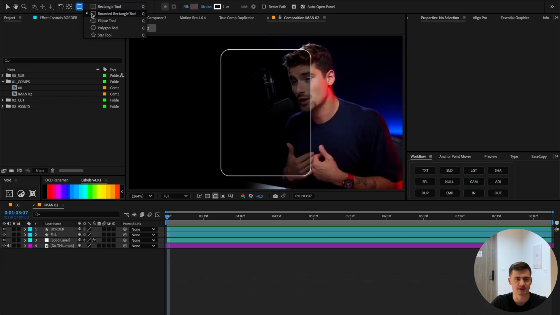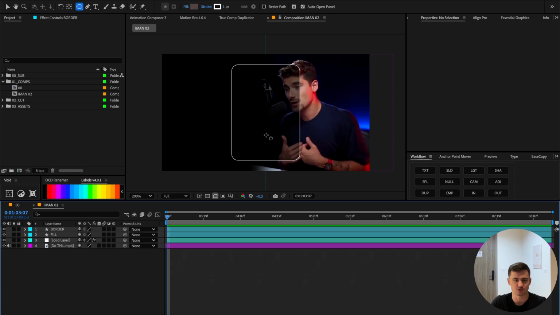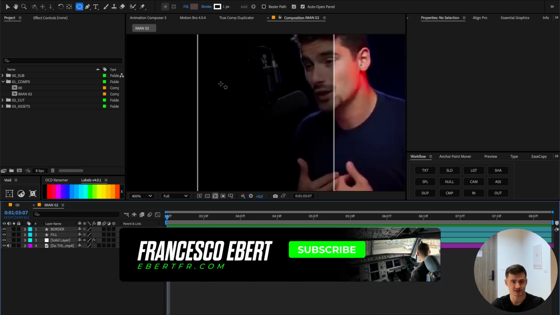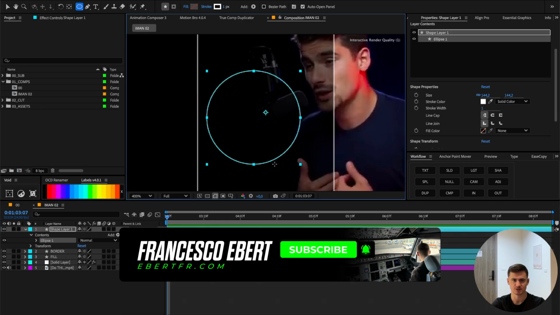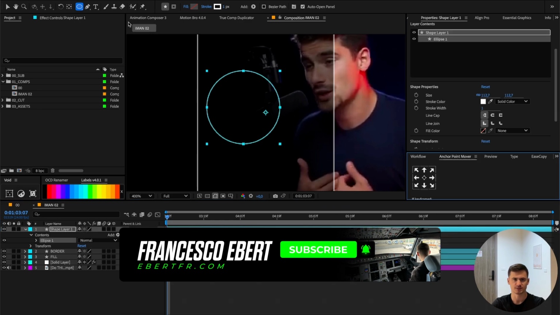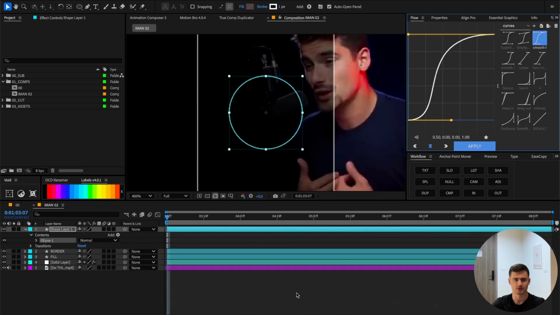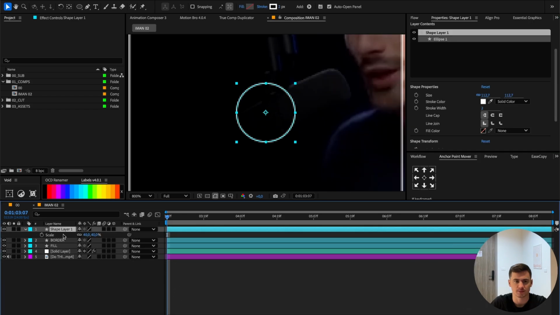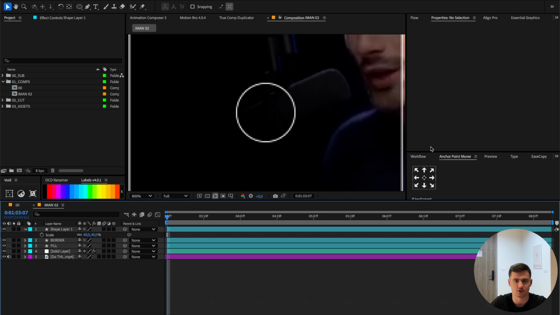The next step is to make a circle. Just go on the top again and select the ellipse tool. Normally when you create a circle like this, it will be all messed up. But there's a trick: when you press shift before pressing left click, it will always be perfect. So just make one like this, line it in the middle of the screen, scale it down. Now I want to turn up the stroke to 2, make the scale 40, and now press right click